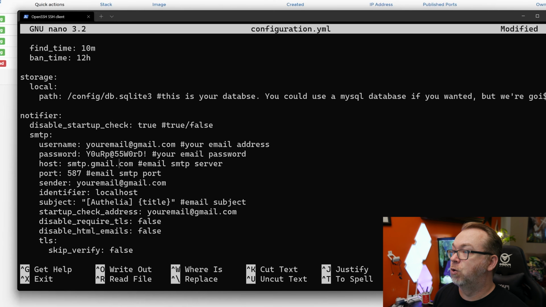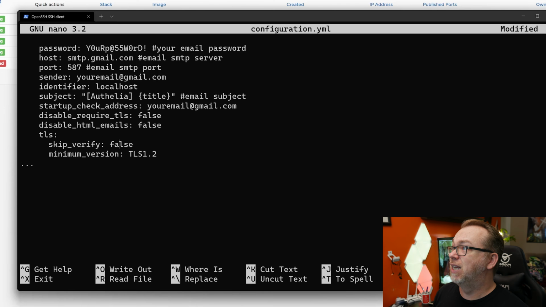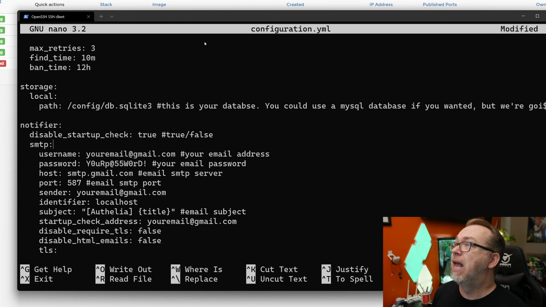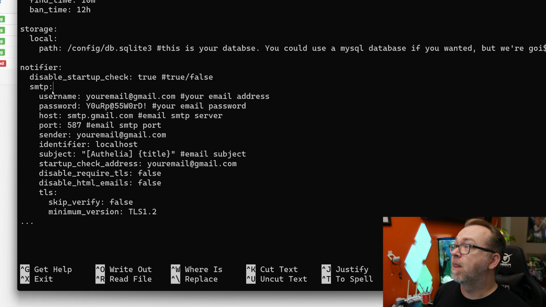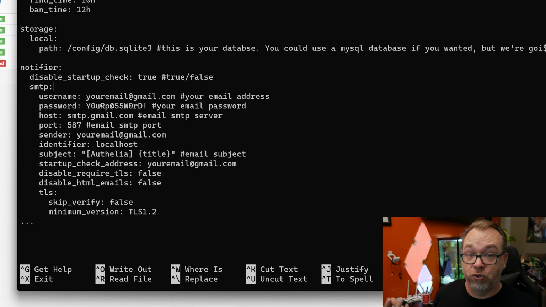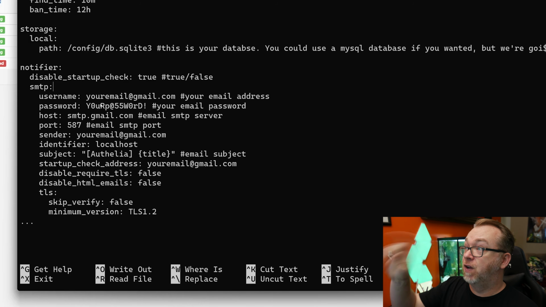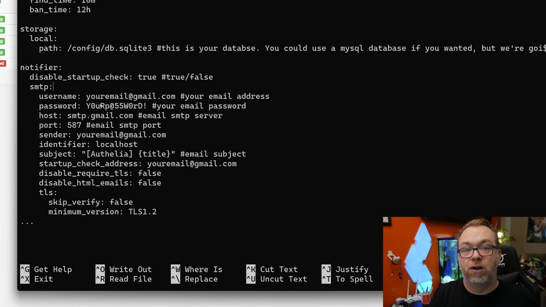Disable, so basically we've got some notifiers down here. What you'll want to do is come into here like so, and make sure that you fill in all of this information for your username, your password. I would just set up a Gmail account specifically for your self-hosting, which is what I've done. But basically, you'll need to fill in your username, password, all of this information before you actually save and deploy